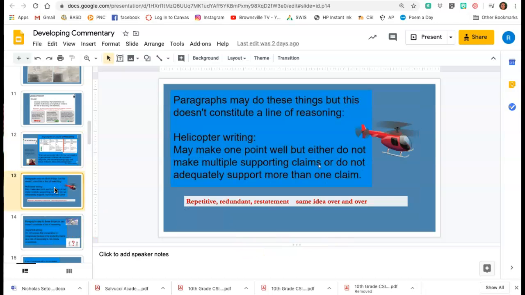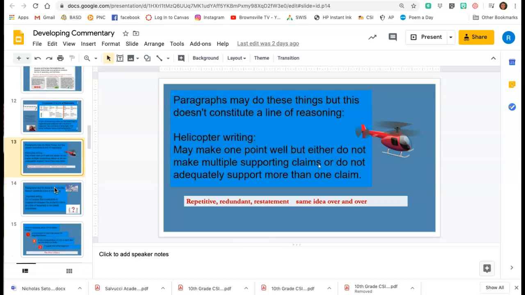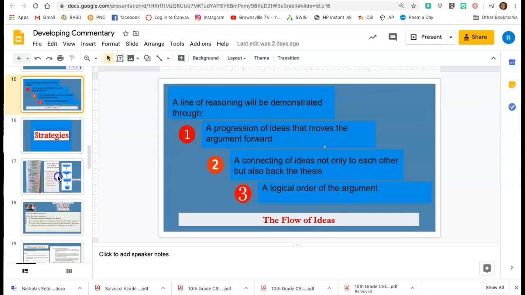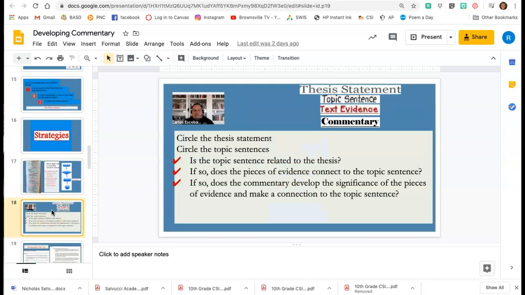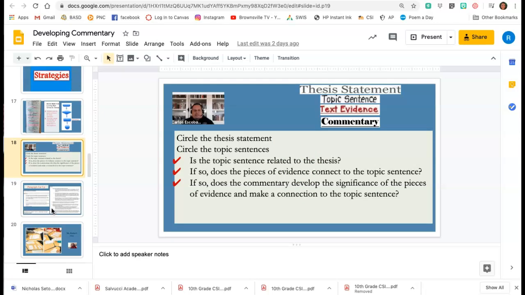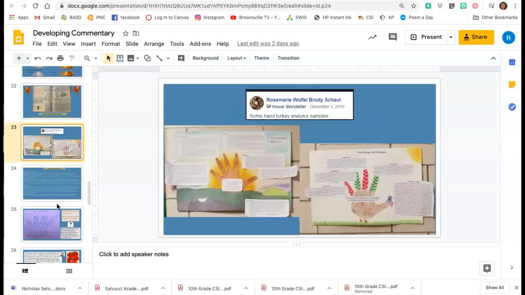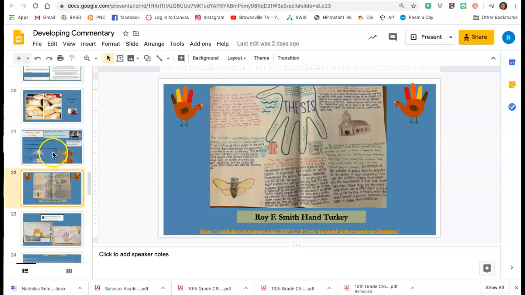I do have a couple activities for you for the line of reasoning, but please read through these. There are so many good points and strategies in here that these AP teachers do a much better job than I probably do of going over it. So, like I said, read through. There will be some things that might not apply to you.